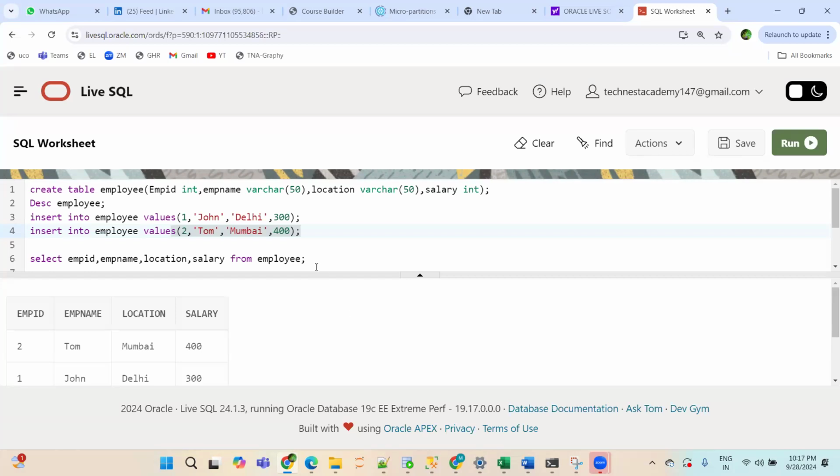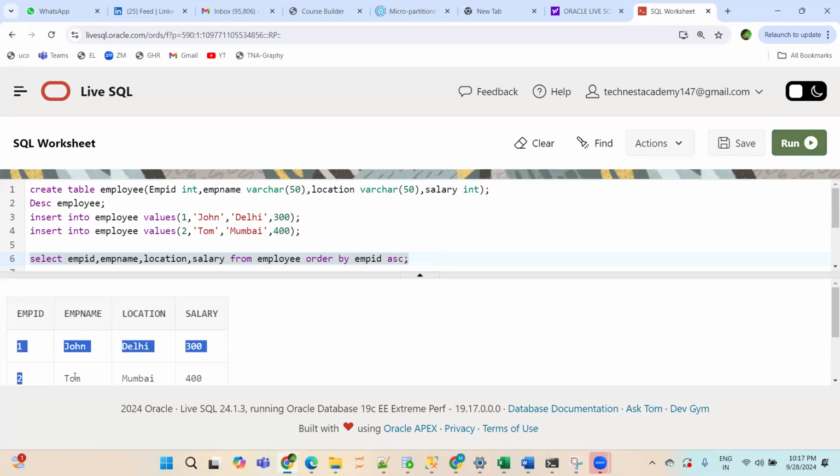But let me show you just quickly. See, I will write here order by employee ID. ASC means ascending. Now check the output. I'm running. Now what did you understand? Employee ID in ascending order.